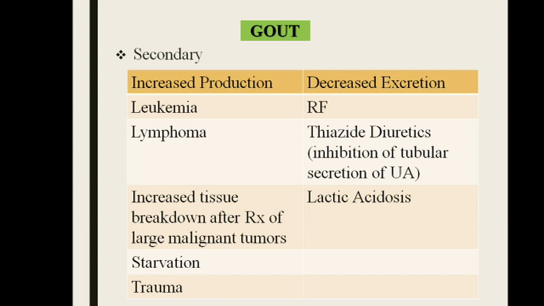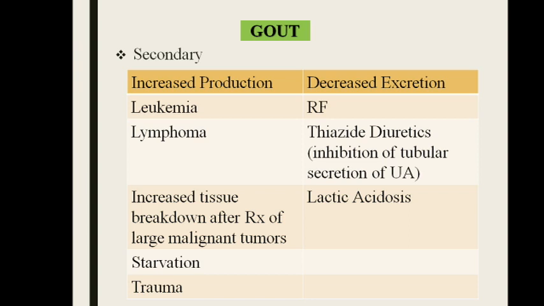Coming to the secondary gout. When we discuss secondary gout, there is nothing to do with the enzymes over here, but it has something to do with pathological conditions. Like we get an increased production in a patient suffering from malignancies like leukemia, lymphoma, because the turnover of the nucleic acids is very high. There is increased cell turnover and more breakdown of the nucleic acids and more purine degradation, all resulting in